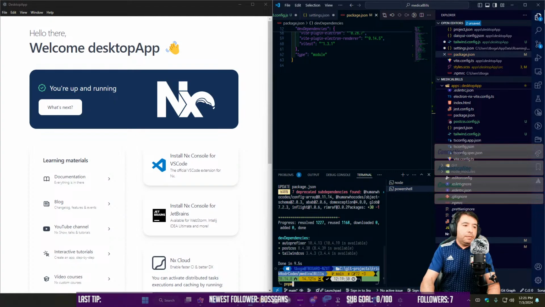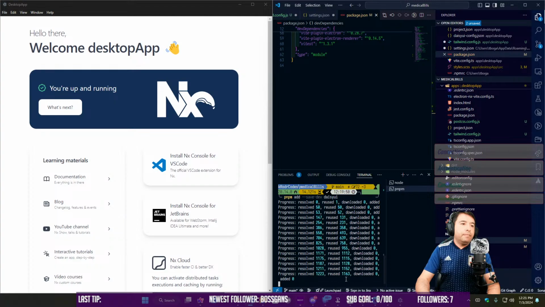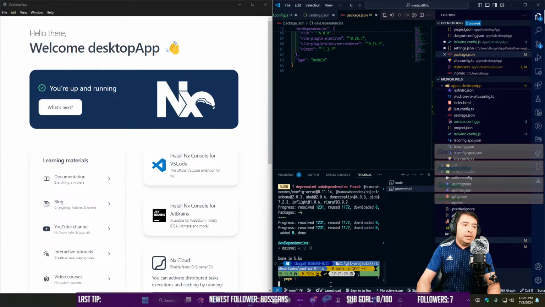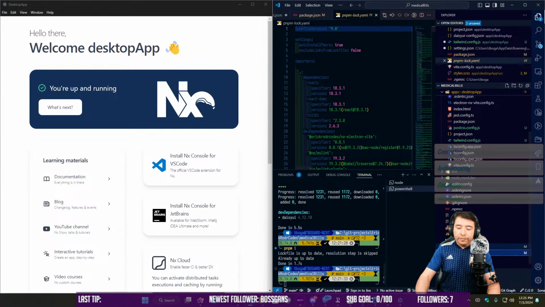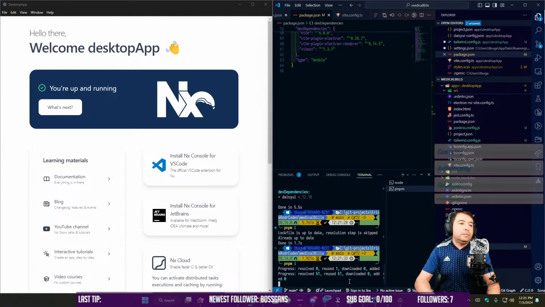So npm add save dev Daisy UI. Good. I guess I had an npm i, because I think what is happening, oh, it's skipping. Okay, because I need to ensure that I have that in Verdaccio. So I'm gonna run again an npm i